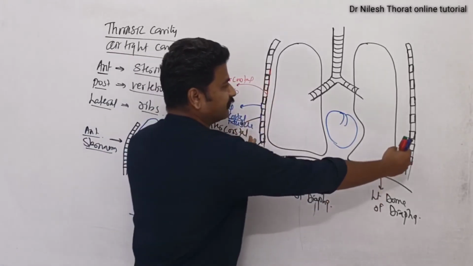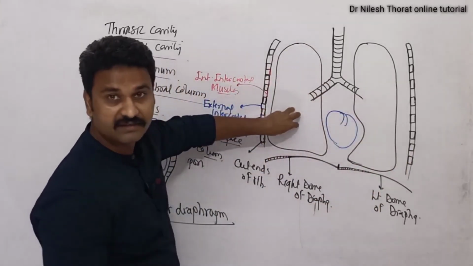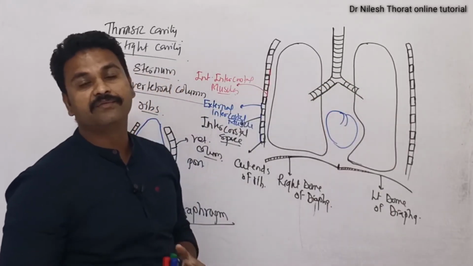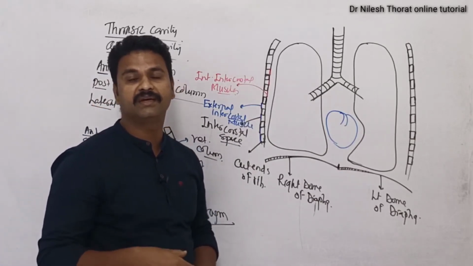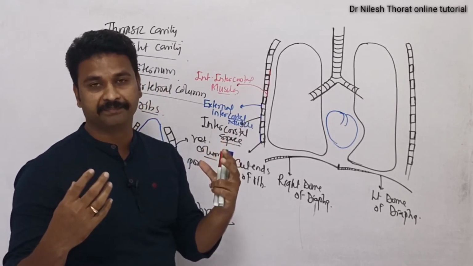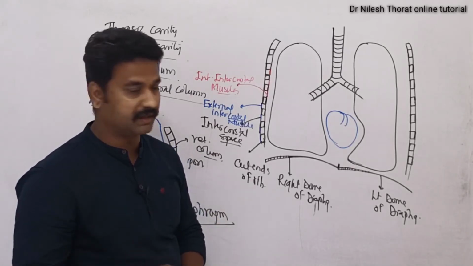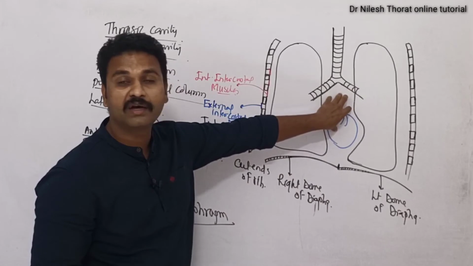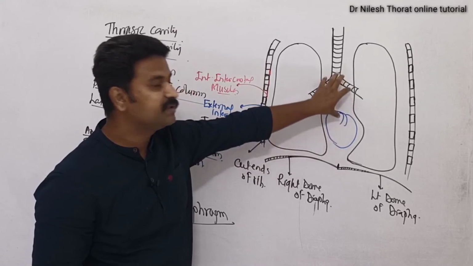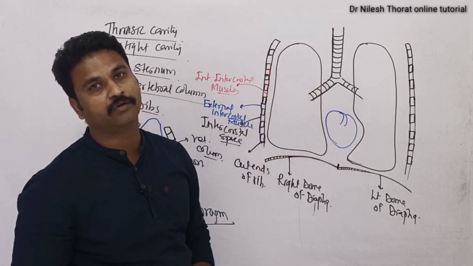Now this total cavity is the thoracic cavity, and the volume occupied by the lungs inside the thoracic cavity is called the pulmonary cavity. That means we can visualize the pulmonary cavity. हम pulmonary cavity को तब visualize कर सकते हैं जब हम thoracic cavities में से lungs को निकाल लेंगे. Lungs निकलने के बाद जितनी cavity बची हुई दिखेगी वो है pulmonary cavity. Because this thoracic cavity also has this space called the mediastinum, and the mediastinum is holding the heart. So the heart and mediastinum are part of the thoracic cavity, and the pulmonary cavity is also a part of the thoracic cavity.